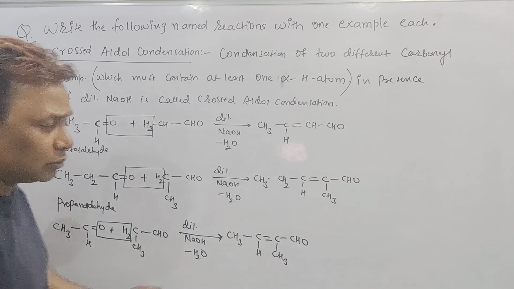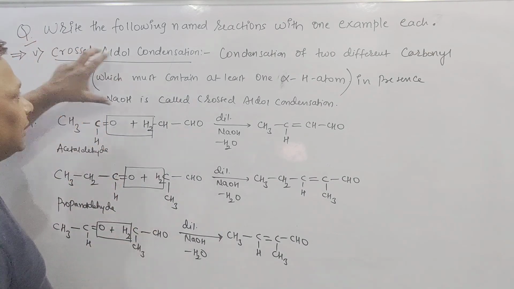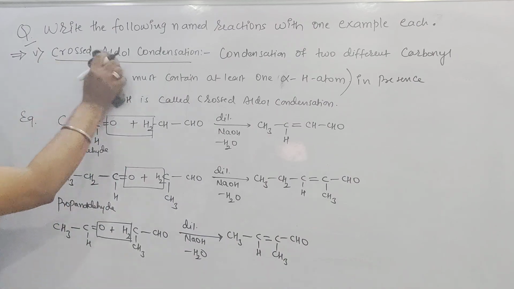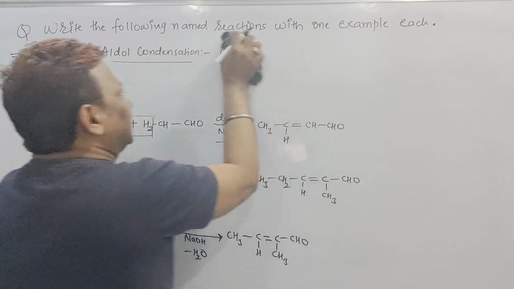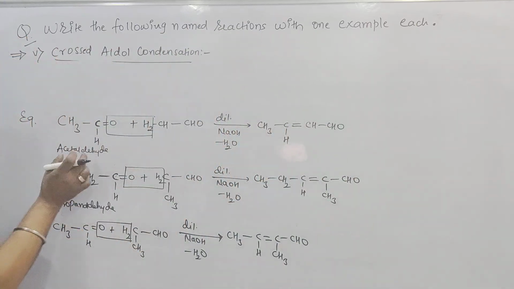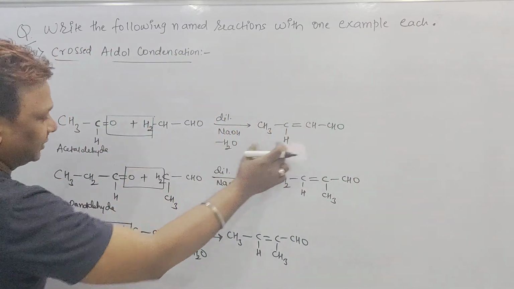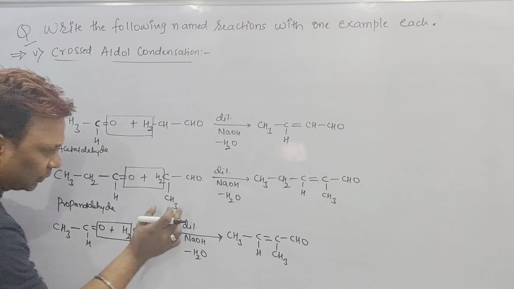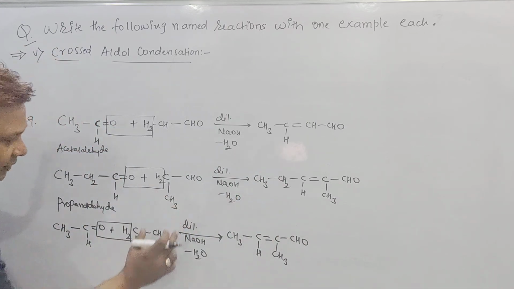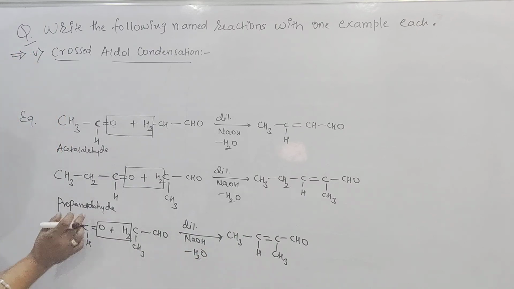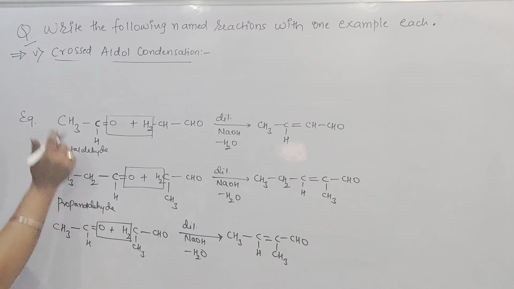One more reaction I want to write. I think place is not there. I will take out this part. One second. One more reaction I want to write. Because in cross aldol we are getting the possible products. See, acetaldehyde with acetaldehyde 1. Propanaldehyde with propanaldehyde 1 more. But acetaldehyde and propanaldehyde I got 1. Now I will do propanaldehyde with this one. Propanaldehyde I am writing. This part I am writing.